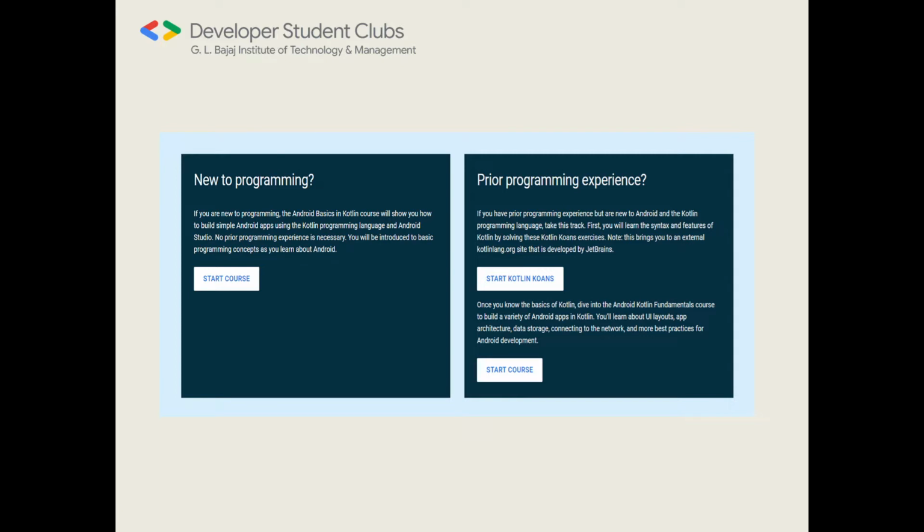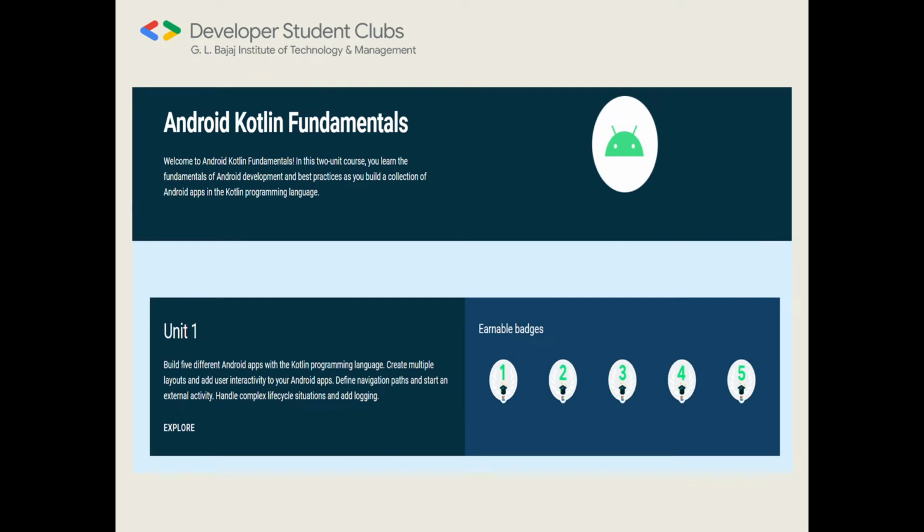Today we'll cover unit 1, which comprises building 5 different Android apps with the Kotlin programming language, creating multiple layouts, and adding user interactivity to our Android apps, defining navigation paths and starting an external activity, handling complex life cycle situations, and logging.